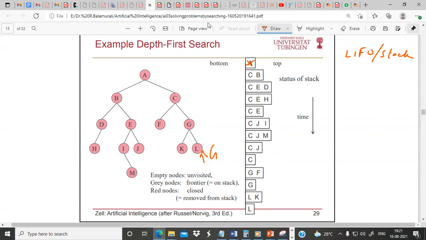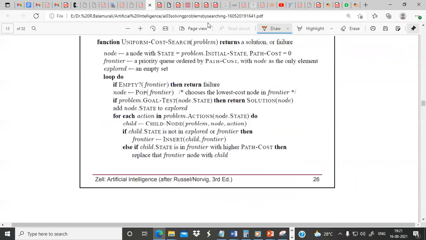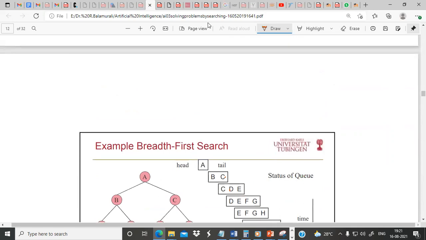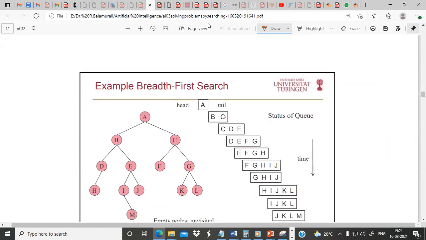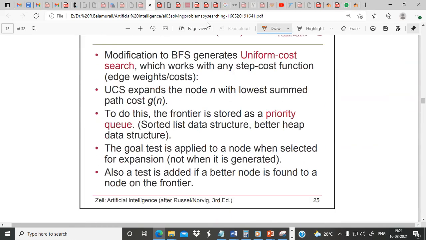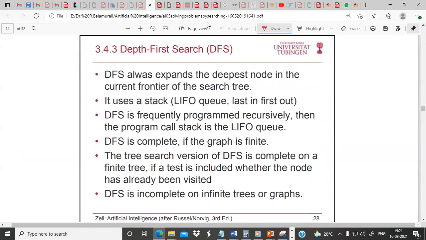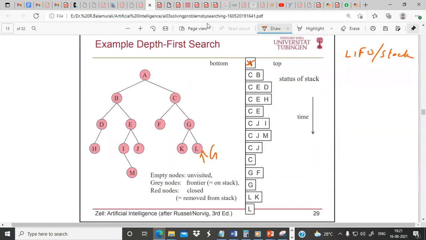In the queue case, in which order did we enter? Yeah, in the queue we entered left to right, but this end we assumed as the head. So B, C, we did like this. But here in this algorithm, we are entering from right to left